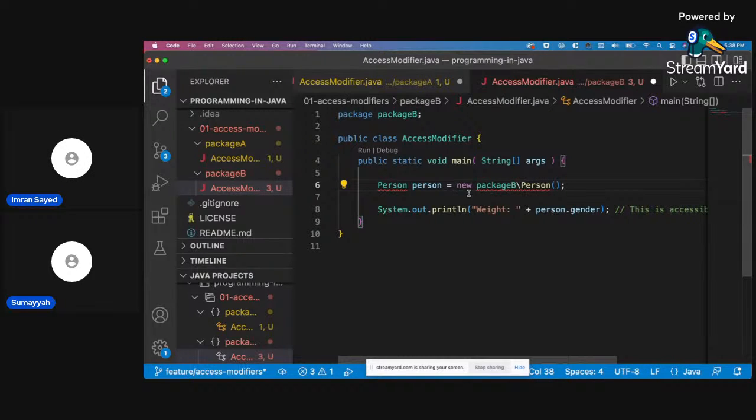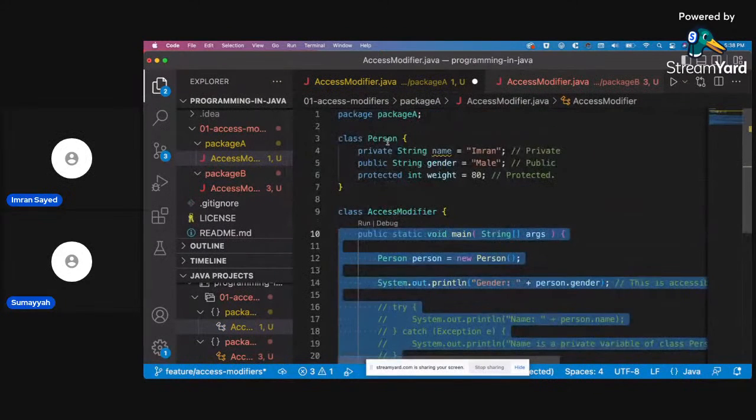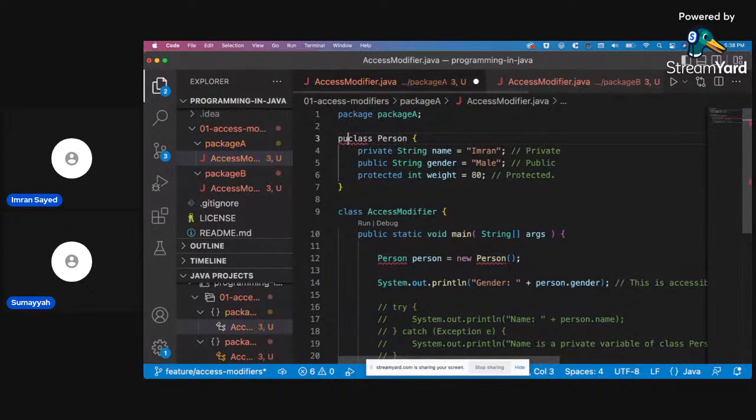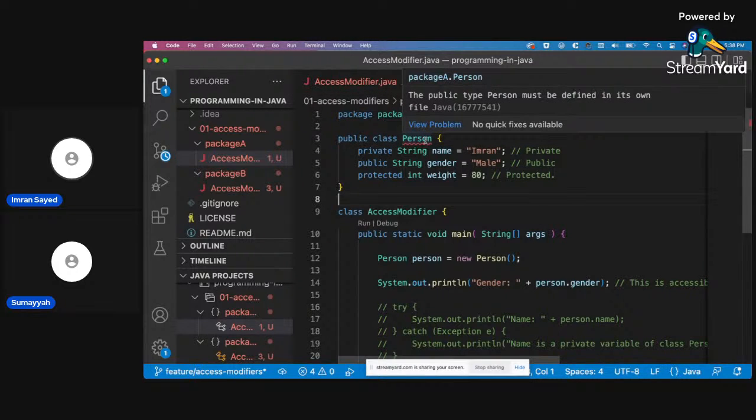Person should be public. Is it declared as public? No. Public type person must be defined in its own file.